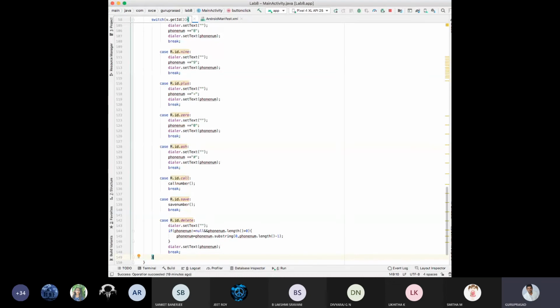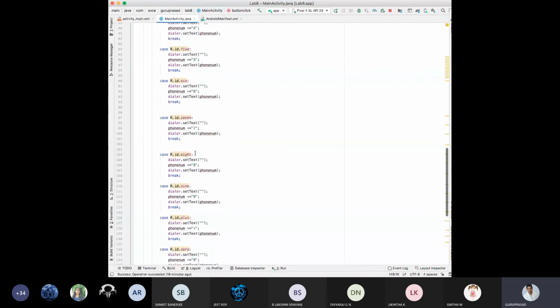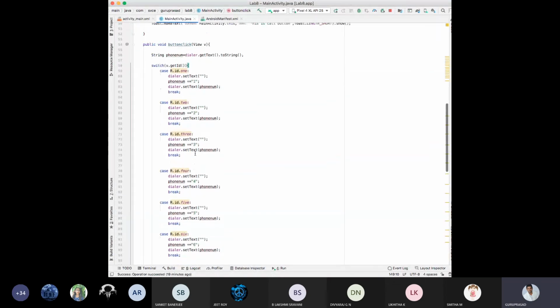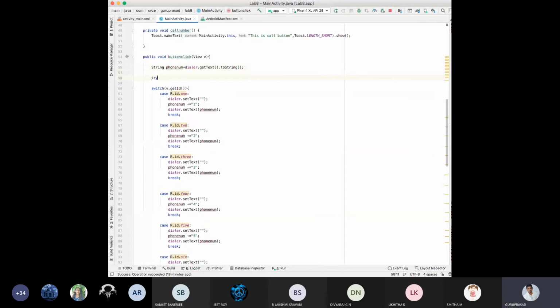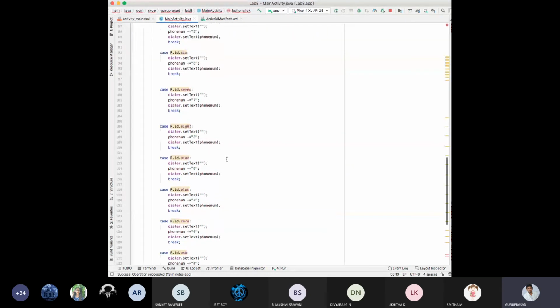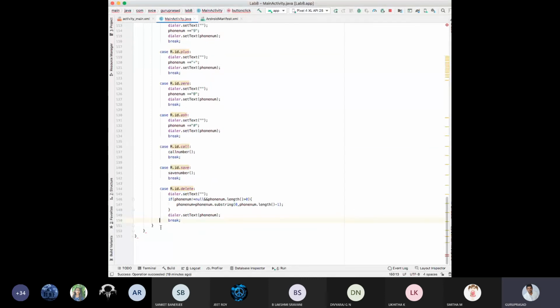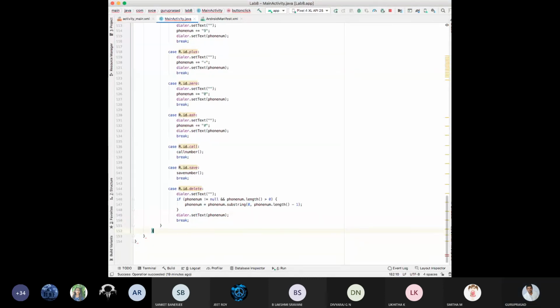But if there is any exception, you need to have a try catch, right? Simple. Try. Then open this, close this, and say catch exception ex, open brace enter close brace.